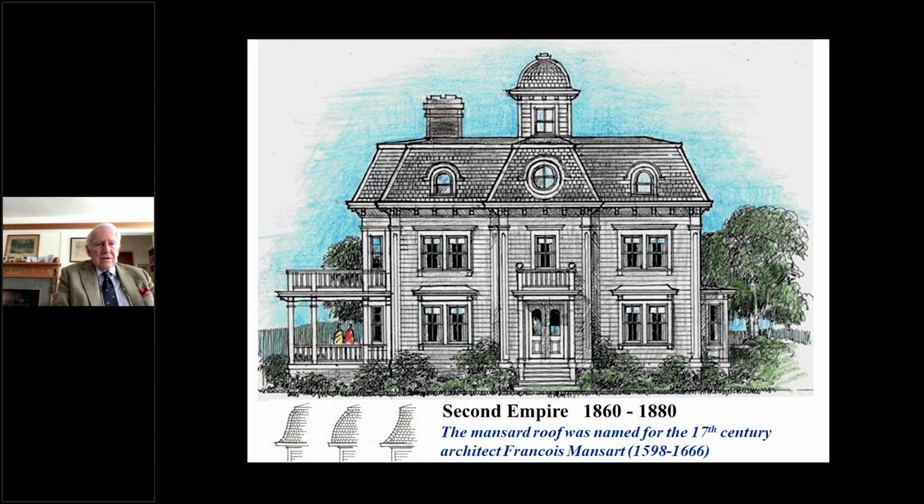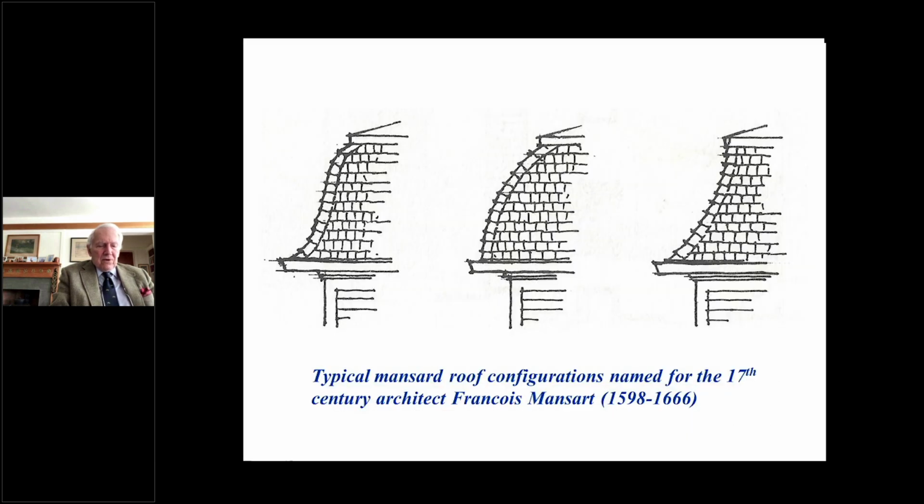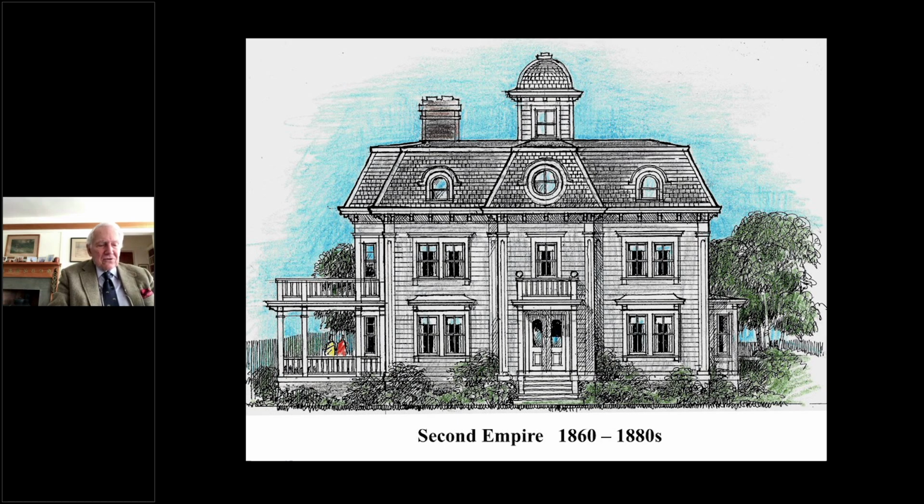And you can see on the lower part there, the mansard roof configurations. They were named for the 17th century architect Francois Mansart, S-A-R-T, who lived from 1598 to 1666. Now, the massing of these houses generally axial in their layout, often with cruciform layout plan. The identifying feature of this style, of course, is the mansard roof, a double-pitched hip roof. The lower steep section usually has dormers, often very large,